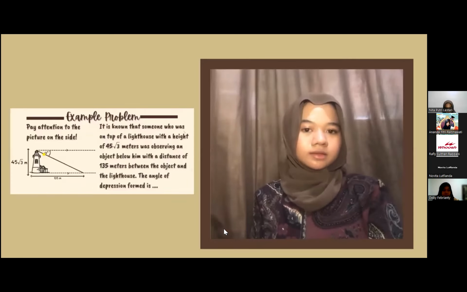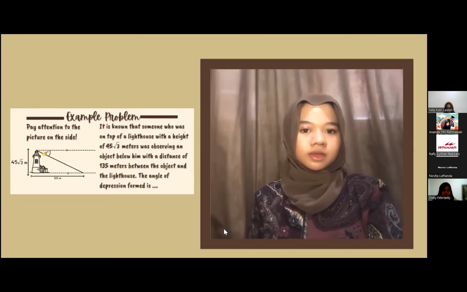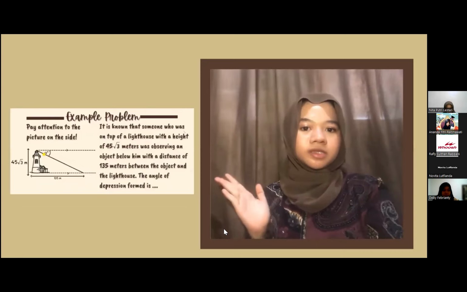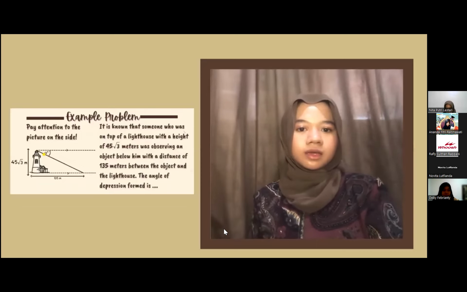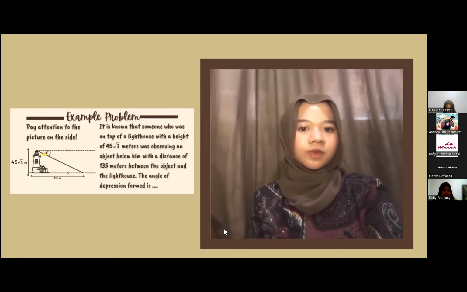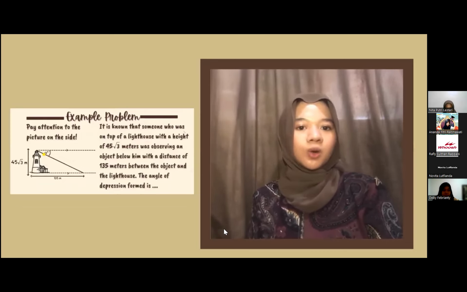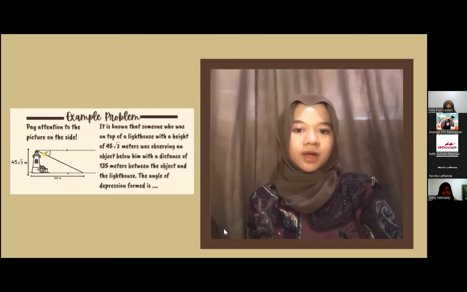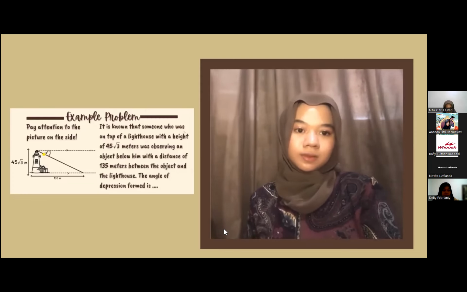Next, there are examples of problems that are difficult to explain regarding trigonometry. Look at the picture. It is known that someone who is on top of a lighthouse, which is 45√3 meters high, is observing an object below him with a distance of 135 meters between the object and the lighthouse. The angle of depression formed is...